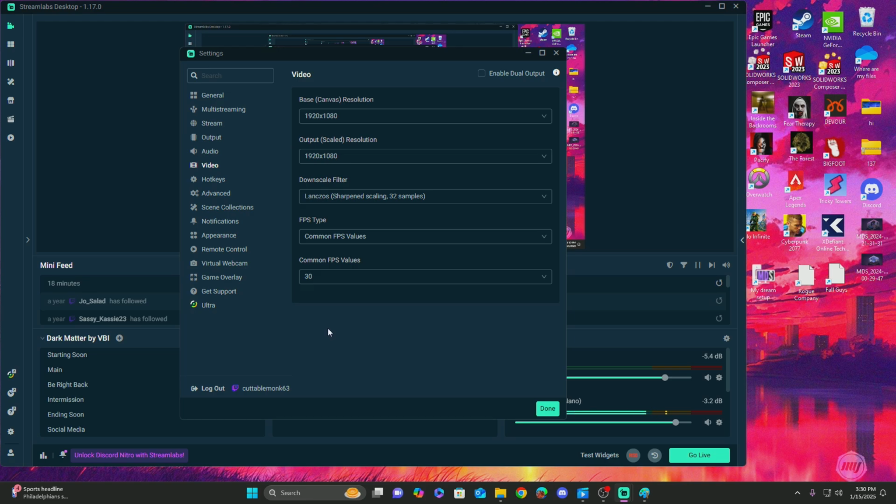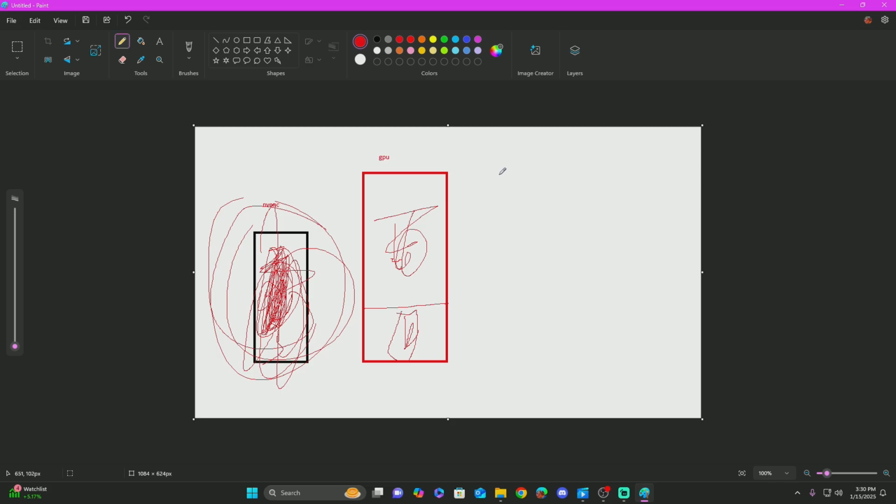If you're playing Call of Duty and your in-game FPS is set to unlimited, I would recommend taking that off and just capping it at increments of 30. What I mean by that is, let's just say you're at 144 mainly,